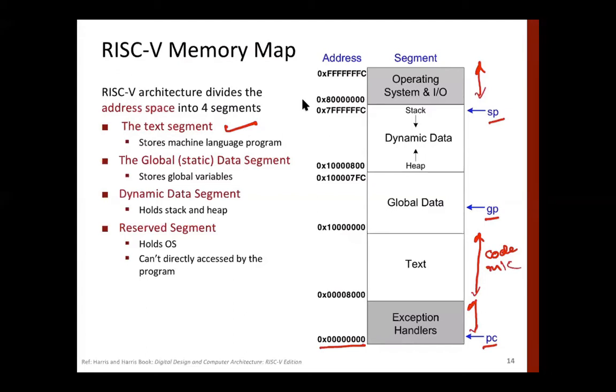Okay, your global variables will come in this place. Global data, or what is called static data. Sometimes we call it static. Okay, it will come here, and then here you have what is called dynamic data. It means that it changes during program execution. Okay, it will be part of the stack as well as part of the heap. Now note that heap and stack grow in opposite directions. All right, any question?